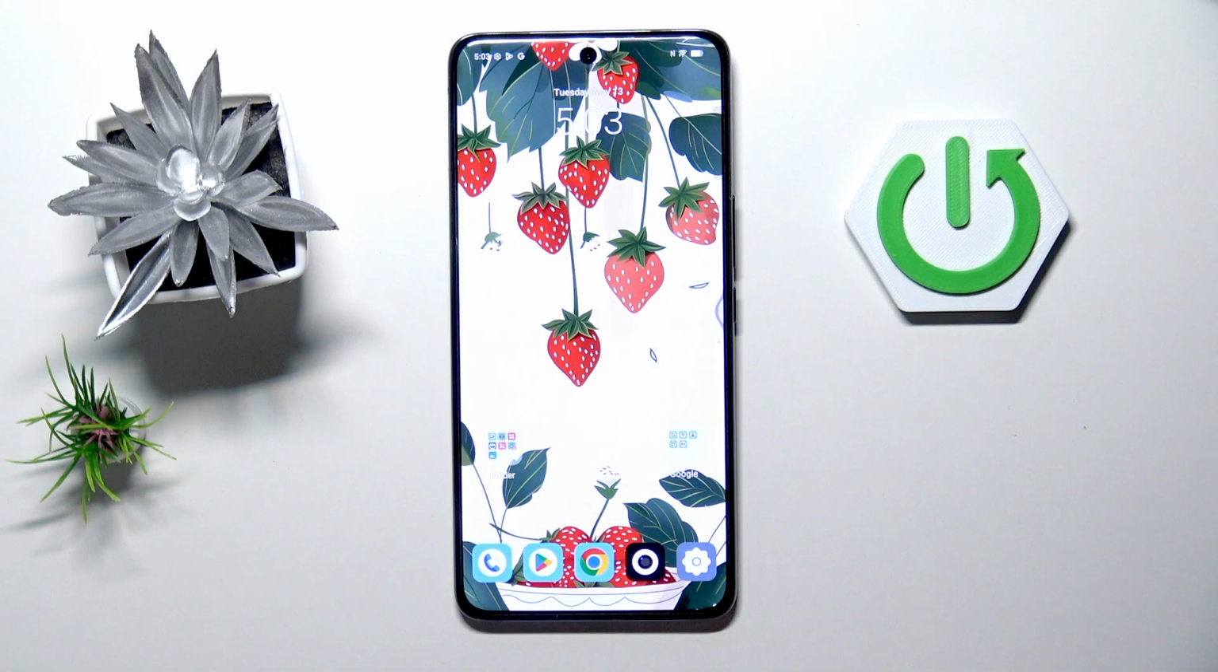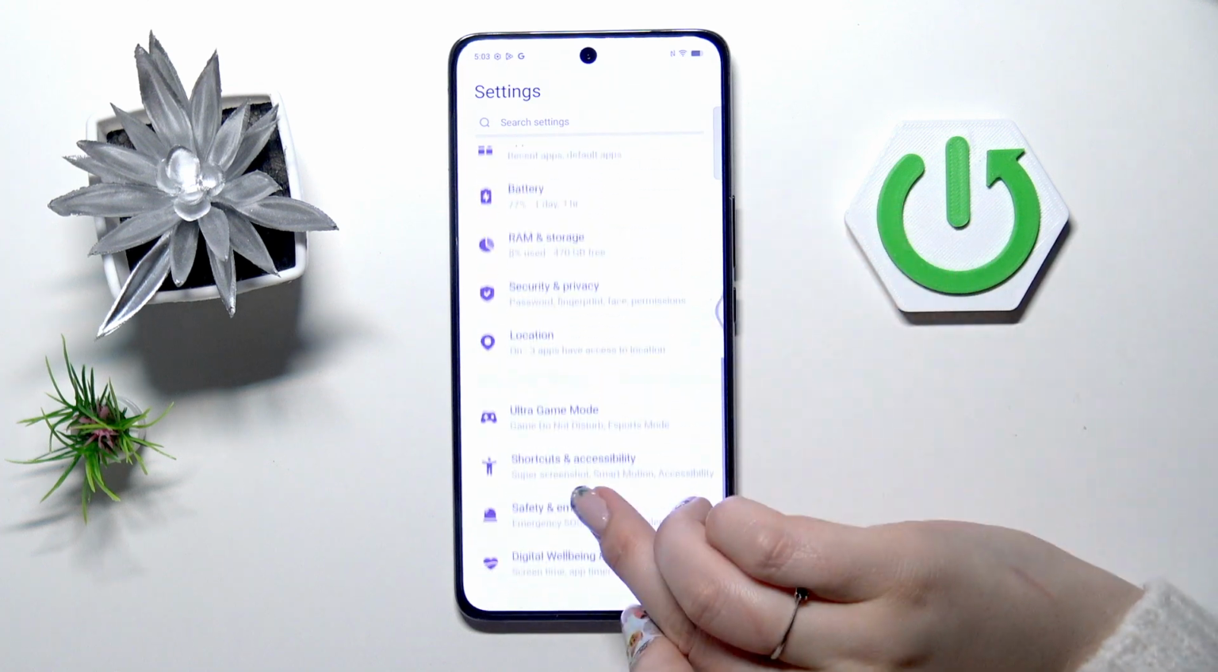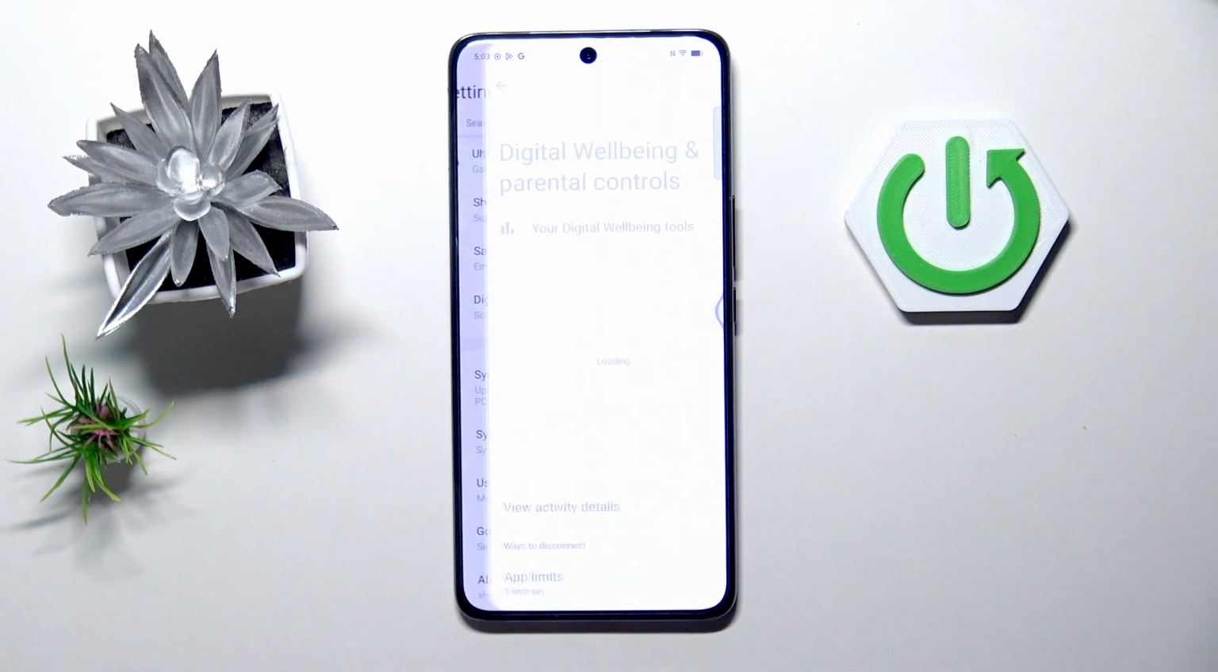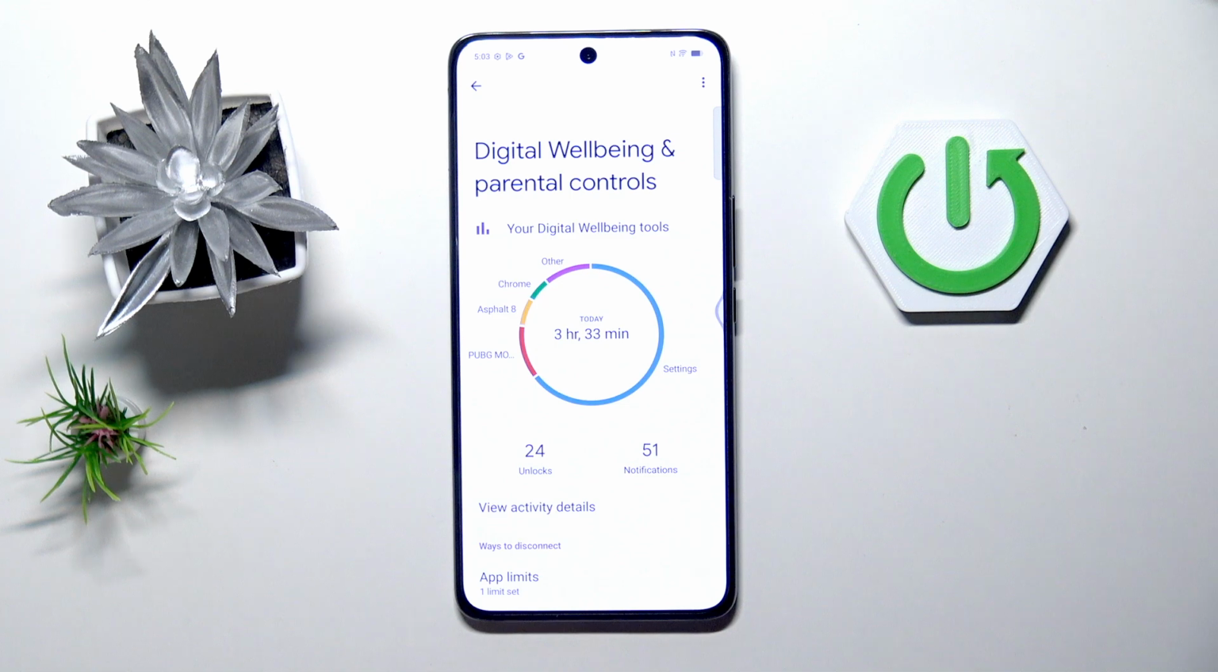So let's start with opening the settings, and here we have to scroll down to the very bottom to find digital well-being and parental controls. Let's tap. So here we've got the graph which will show us for how long we've been using this device